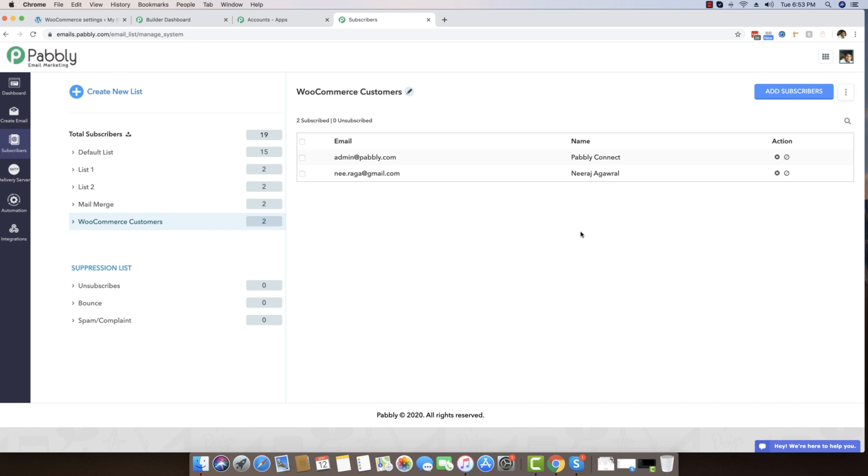So this completes my entire tutorial on how to integrate WooCommerce with Pabbly Email Marketing. If you use Pabbly Connect, you can transfer your leads directly to Pabbly Email Marketing in real time. In the scenario I explained, the webhook we created was for orders. But if you want to add every customer who does not complete the payment, you can still create webhooks for all different types of data, like customer created, order created, and all those kinds of things.